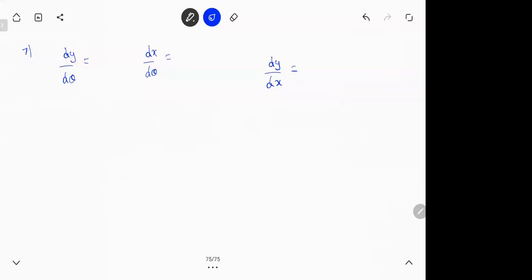14th one. I did this in the last class. Have a look at it. I did a similar question. t is root of x plus 3. Square on both sides. x is t square minus 3. He's asking the displacement of the particle when velocity is 0. Velocity is dx by dt, that is 2t. When velocity is 0, time is 0.